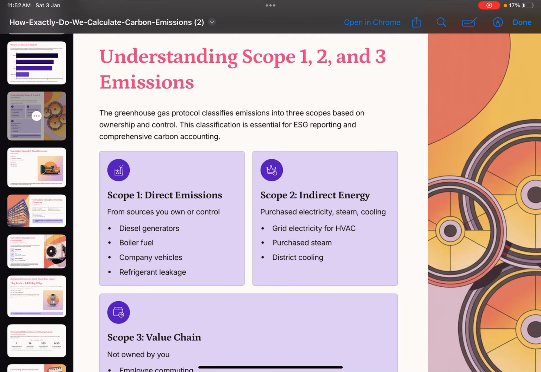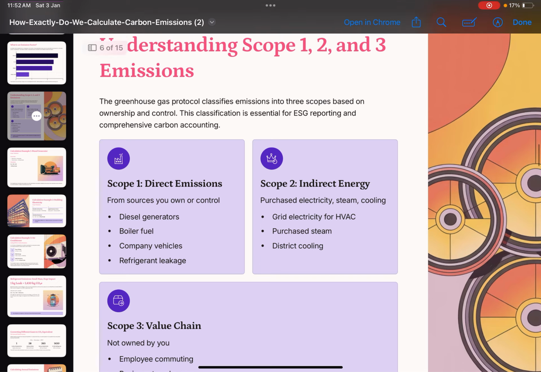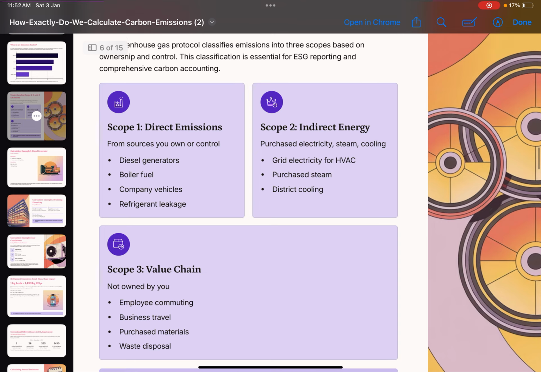Hi friends. So let us now understand what they call scope 1, scope 2 and scope 3 emissions. Now why this categorization? What exactly does this categorization indicate? When they say scope 1 emissions in the carbon accounting literature, what they mean is the direct